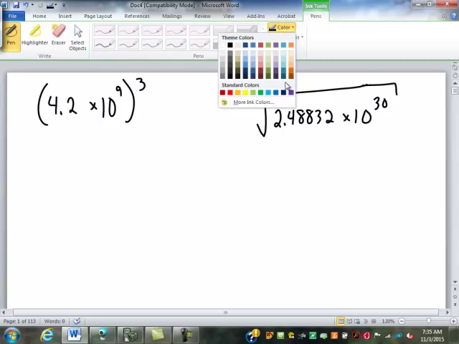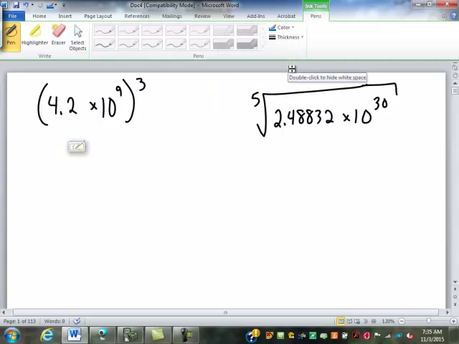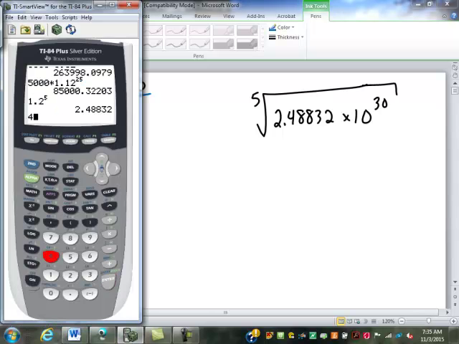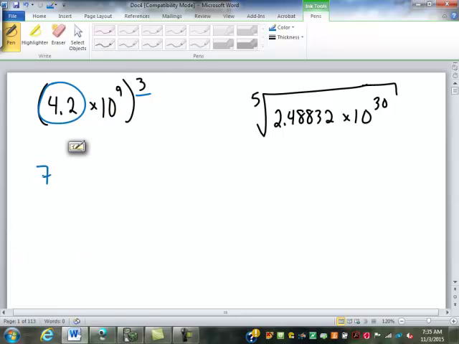Okay, so for these, let's just see how you're sitting. The first one here, 4.2 times 10 to the 9th, to the third power. Where do we start? 4.2 to the third power. So 4.2 to the power of 3, 74.088